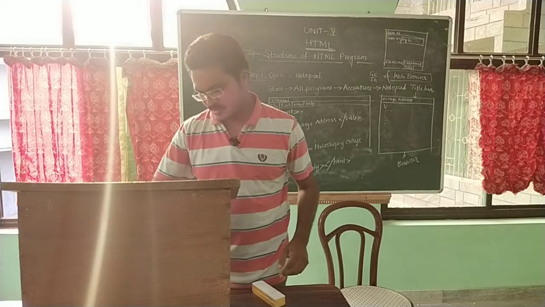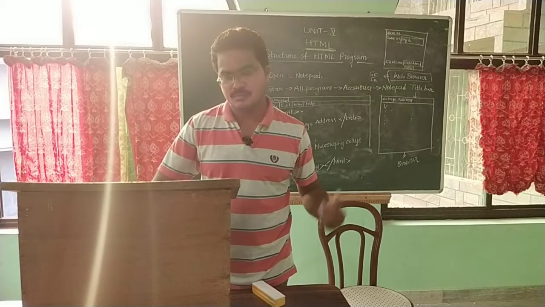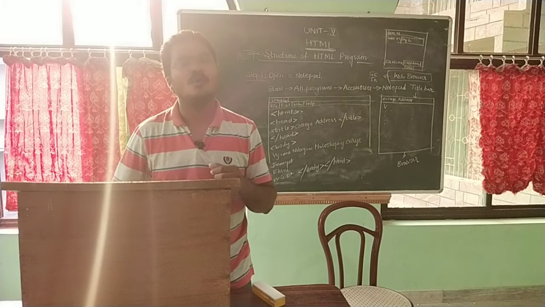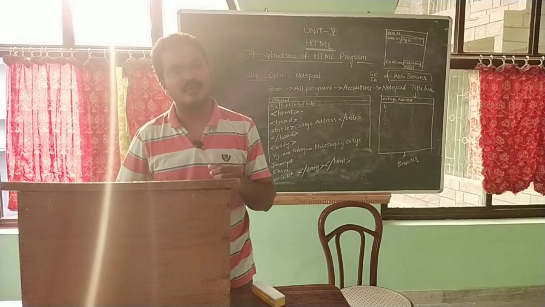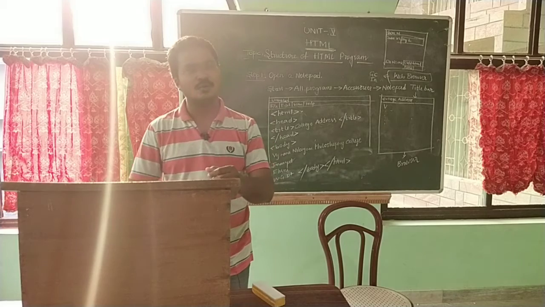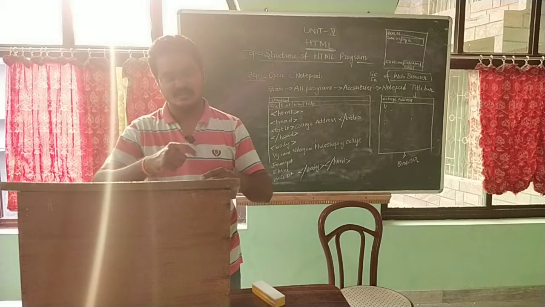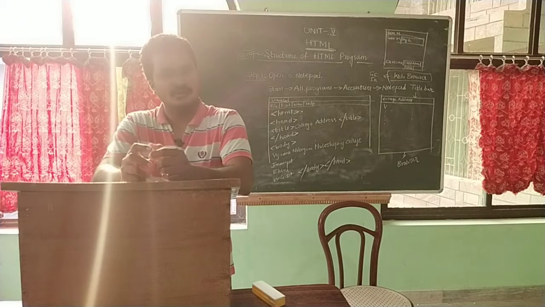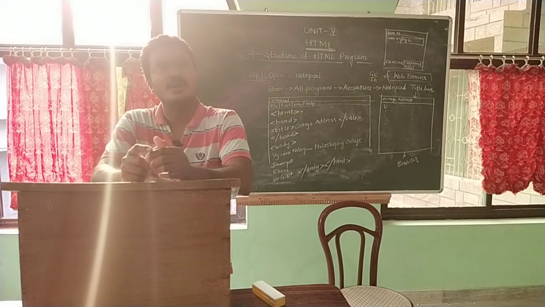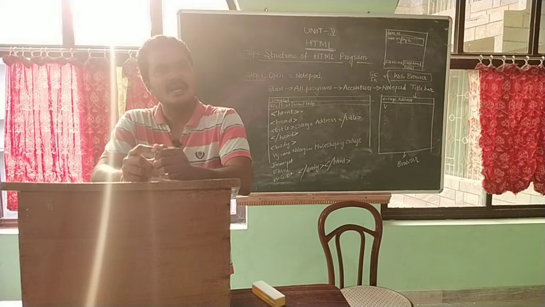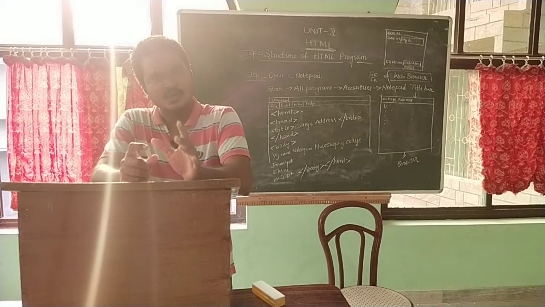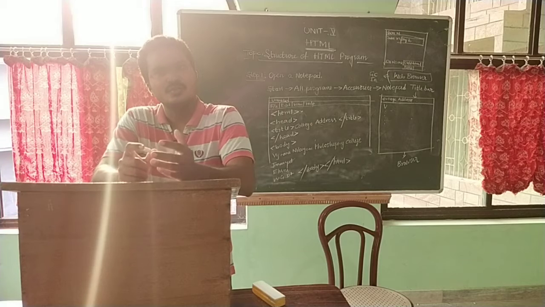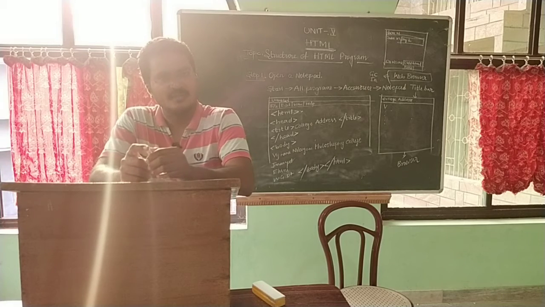Okay, continue this session. Last class we discussed how to create a simple HTML page in the web. As you already know, majorly two different sections are available in HTML programming. The first is the head section. This is the top section of your program. In this head section you show the title of the web page only.